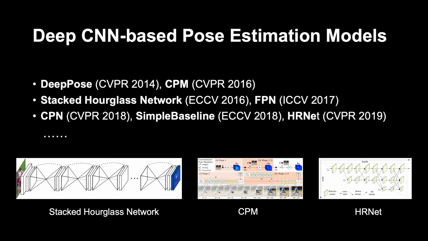In recent years, many successful deep convolution-based models have emerged, such as CPM, Stacked Hourglass Network, CPN, Simple Baseline, and HRNet. To localize the keypoint locations, the model usually needs to capture global relationships and local feature information. This induces many designs. Hourglass Network uses hourglass modules to obtain global information. CPM repeats multiple stages to achieve a large receptive field. HRNet uses multi-scale fusion and high-resolution representation.